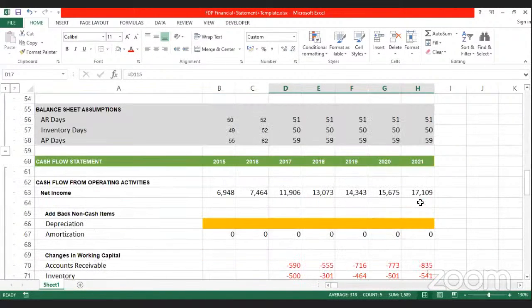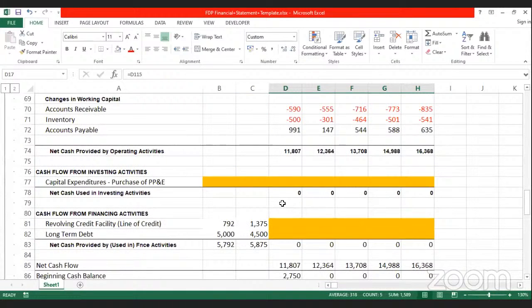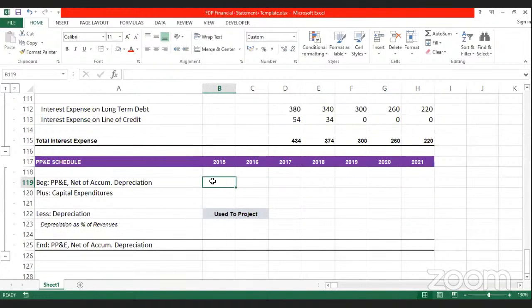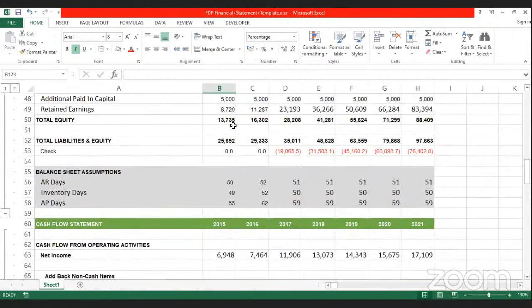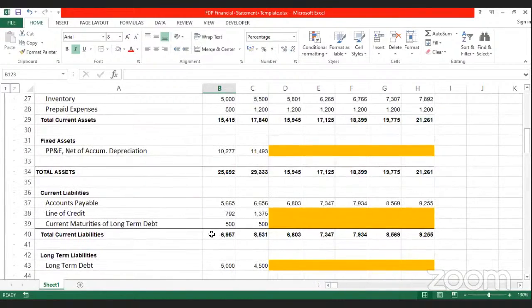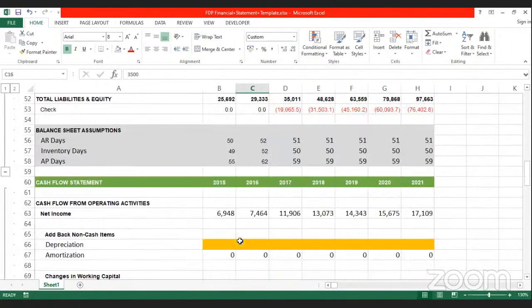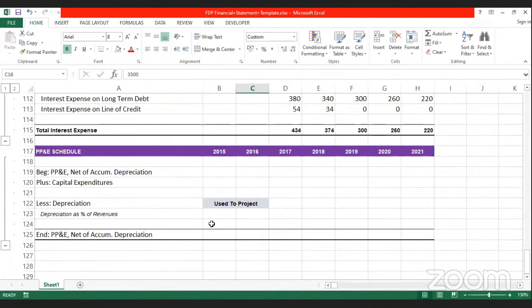Let's move on to the PPE schedule. We do have these particular amounts. We can use that line of credit and all. Let's complete the PPE and we will see one by one. So let's start with the beginning of the PPE schedule. What is the PPE schedule? It will tell us the capital expenditure we have done and what depreciation we have on that particular capital expenditure. We do have the depreciation amount from the previous year's income statement, for 2015 and 16. So let's move on down. Is equal to,